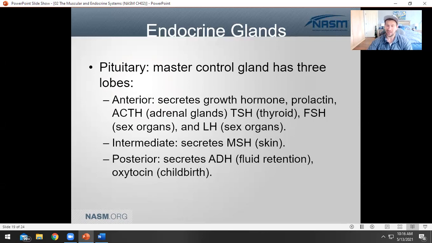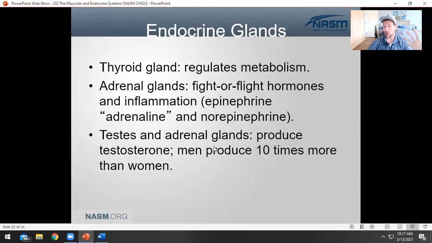So this is why oftentimes they will inject oxytocin to stimulate childbirth. We'll also see anterior lobes, right? You'll see ACTH and thyroid stimulating hormone, follicle stimulating hormone, luteinizing hormone, a lot of different types of hormones running throughout the body. They're all going to result in different things. The big ones that we're going to talk about are your thyroid gland, which is there to either speed your cells up or slow them down, and your adrenal glands, which are producing things like adrenaline,